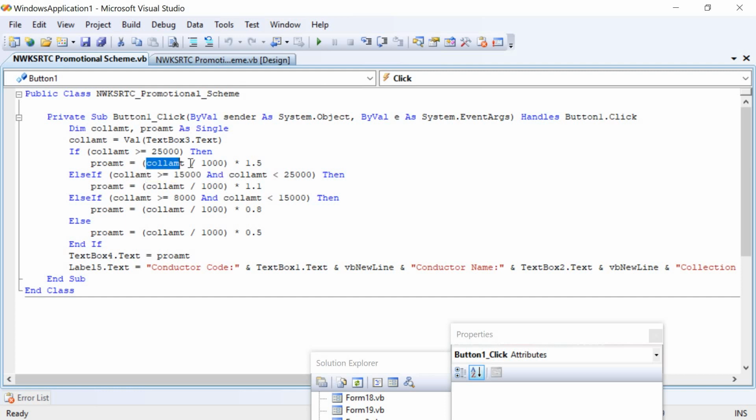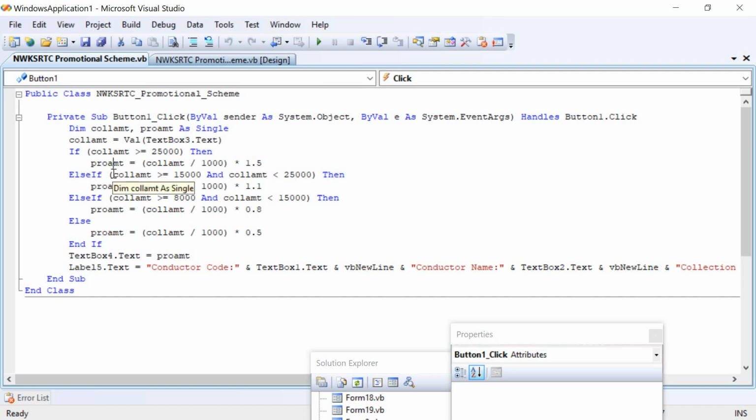For example, if the collection amount is 30,000, 30,000 divided by 1000 will be 30. Then 30 will be multiplied with 1 rupee 50 paisa as per the question given. Once this calculation is done, it will be stored in the promotion amount.